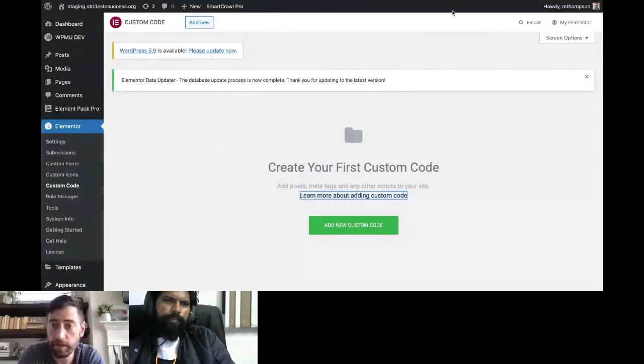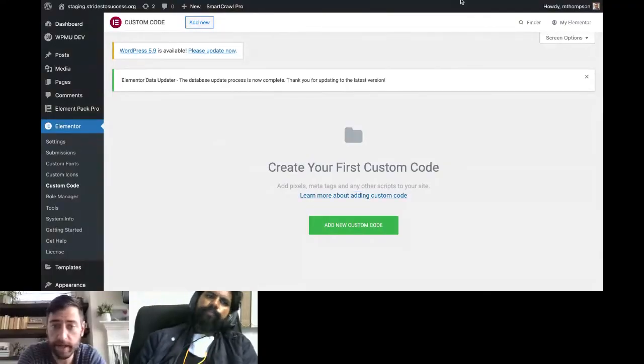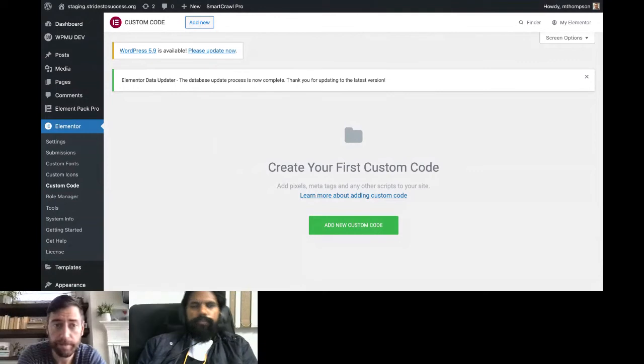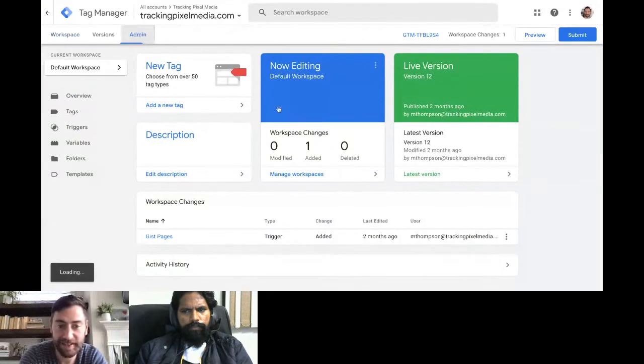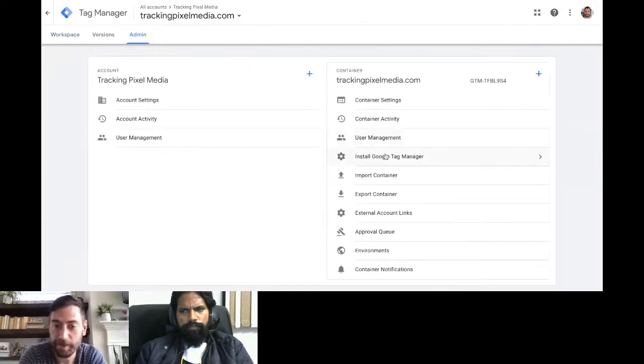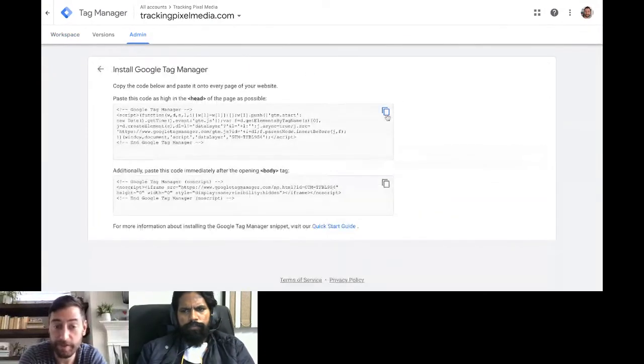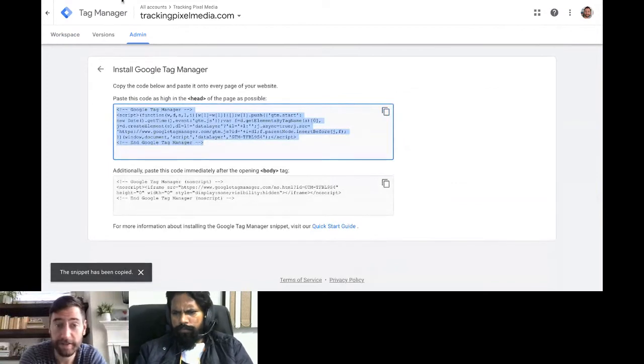So I'm going to show you really quickly. Let's say I've got, man, I wish I could just toggle tabs. It's one downside about this. Hold on. Let me show you from here. Let's say we're in Google Tag Manager. And we're in the admin and we want to install our Google Tag Manager. We've got our code right here. Now what we're going to do is go to that screen that we just saw a second ago